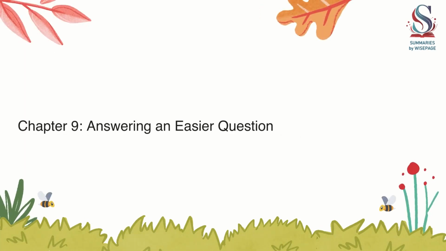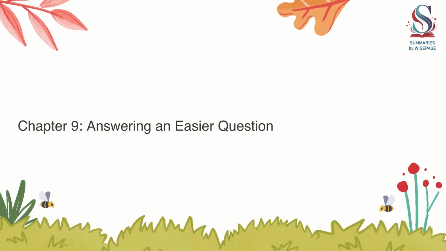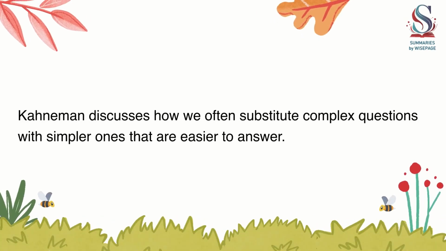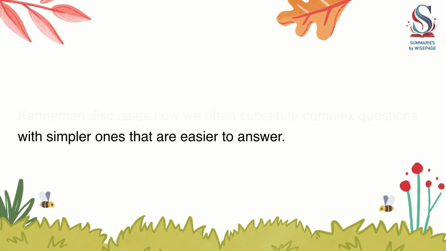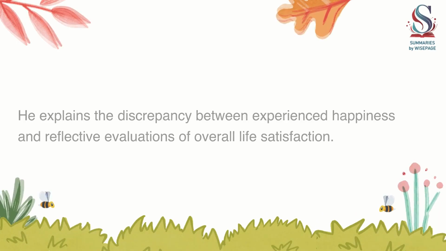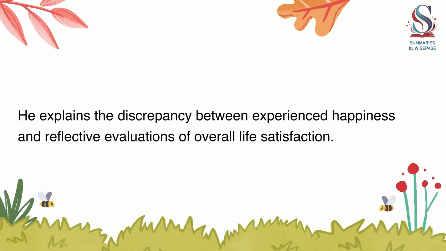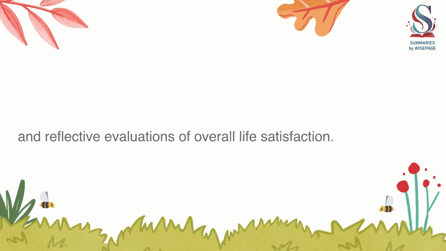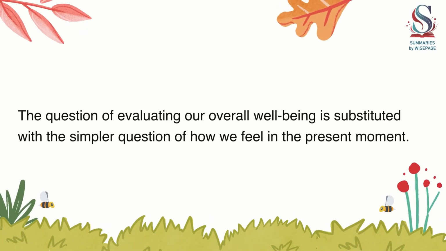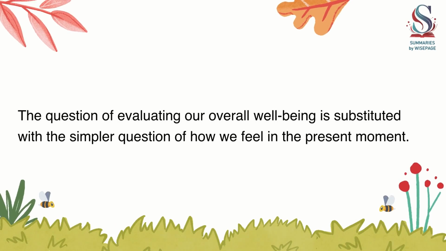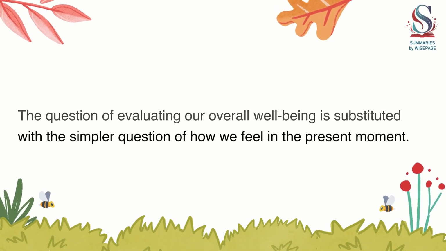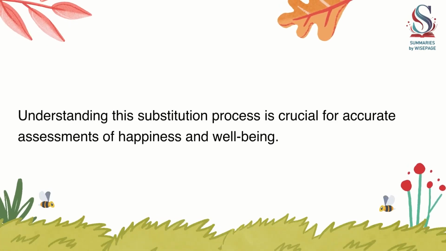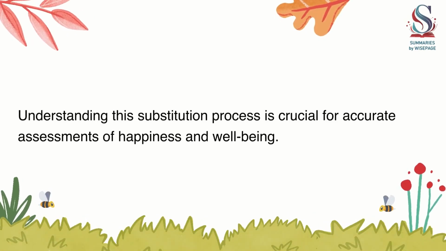Chapter 9: Answering an Easier Question. Kahneman discusses how we often substitute complex questions with simpler ones that are easier to answer. He explains the discrepancy between experienced happiness and reflective evaluations of overall life satisfaction. The question of evaluating our overall well-being is substituted with the simpler question of how we feel in the present moment. Understanding this substitution process is crucial for accurate assessments of happiness and